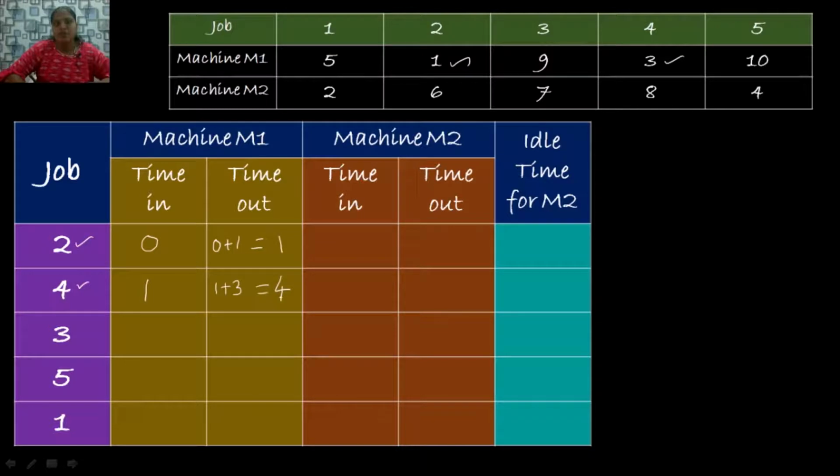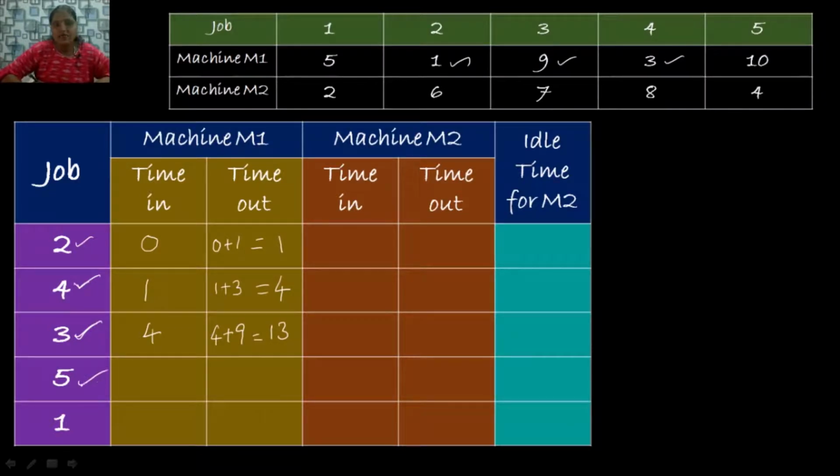And this time out of job 4 is the in time of job 3, because job 3 has to wait till job 4 has completed its processing time on M1. So the time out of job 4 is the in time of job 3. So at 4 hours it enters into machine M1 and it needs 9 hours of processing time. So 4 plus 9 equals 13. So the time out of job 3 is 13 hours, and that is the in